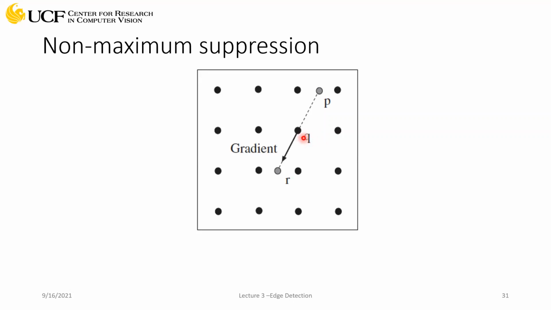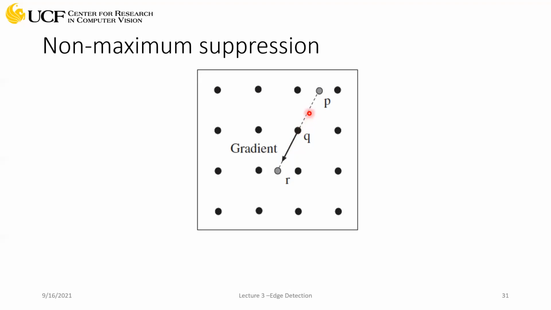Forget about edges for the time being. Let's say we are at this location, Q, which has some value or magnitude that we are storing. If we know the orientation for this location, which you can get from the previous slide,